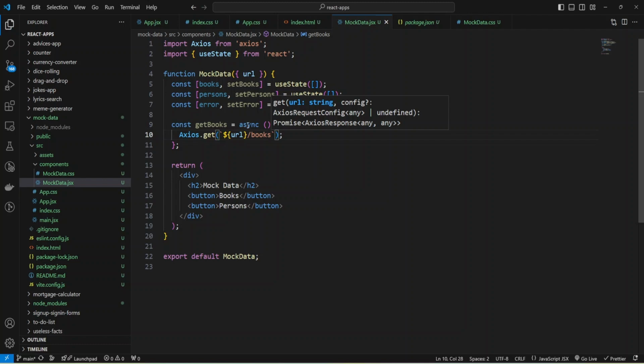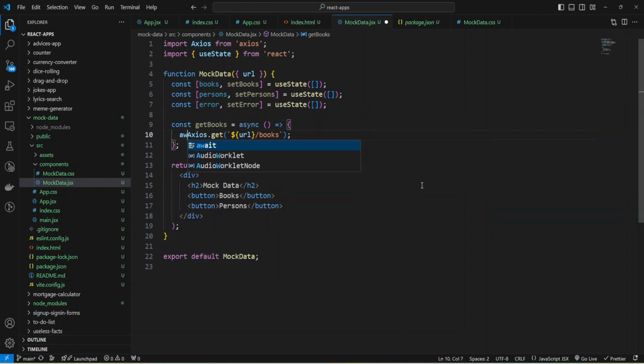Now I need to use await to await the response from the server, and after the response is retrieved, I can store it in a variable. It will be response, and assign whatever the server returns.